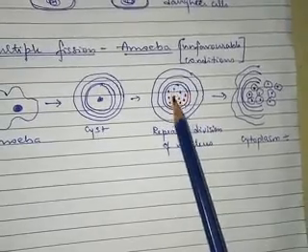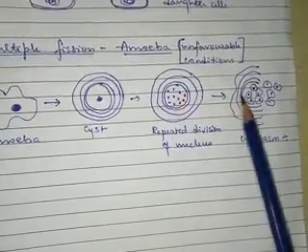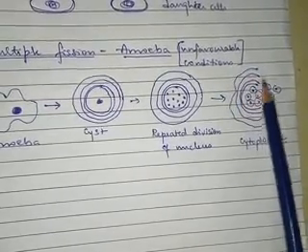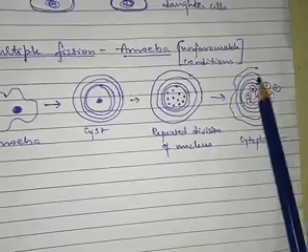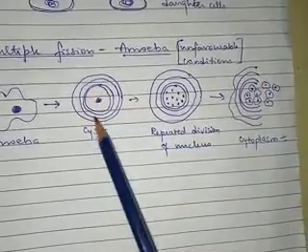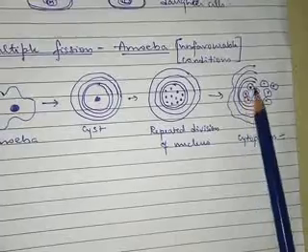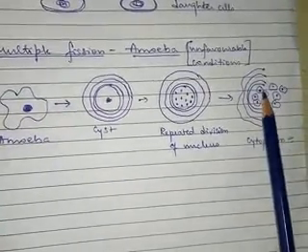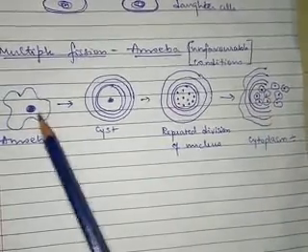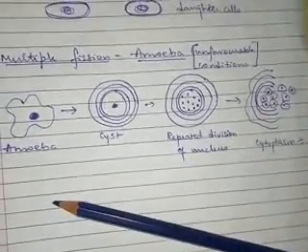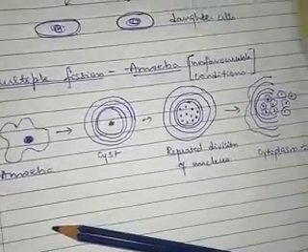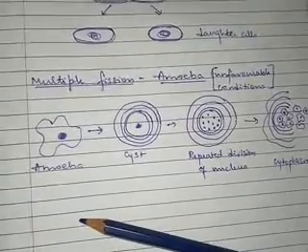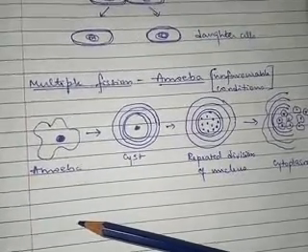Later on the cytoplasm also divides to form many amoeba. When good, favorable conditions return, the cyst wall breaks and all the amoeba that were produced inside are released. So from one amoeba many amoeba are produced. That is why it is called multiple fission, because from one single organism many daughter cells are produced.